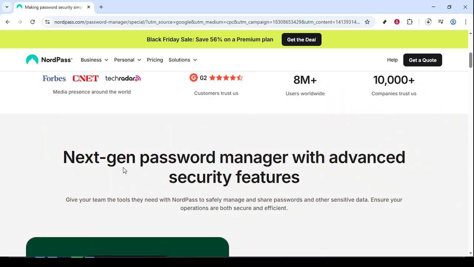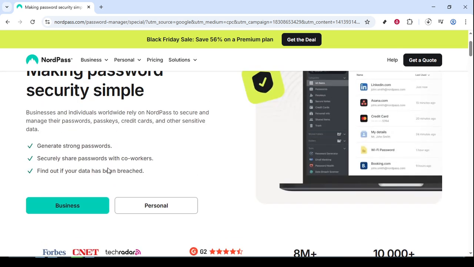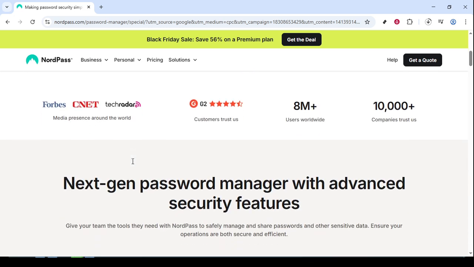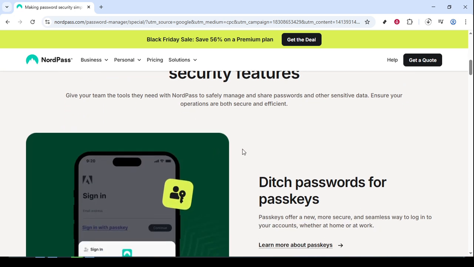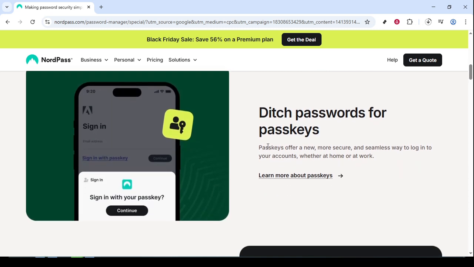NordPass shines here by offering simplicity in securing complex passwords. This service ensures that even the most complicated of passwords are easily managed, without the hassle of remembering them all. Dive into the next-gen password manager with advanced security features. This highlights NordPass's commitment to using cutting-edge technology to safeguard your data. It's reassuring to know that behind the simple interface is a powerhouse of security protocols designed to keep your information